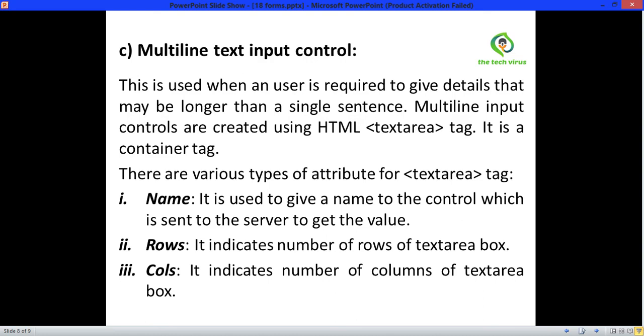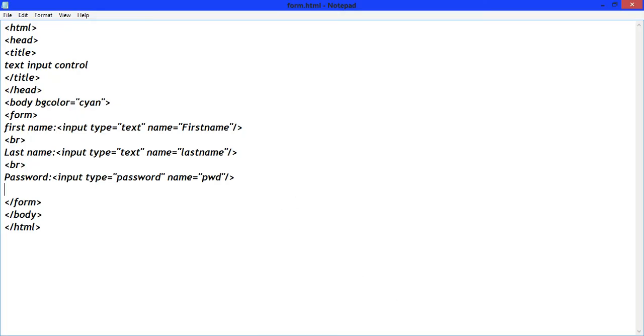Now open your text editor and write here br for line change and then write address. Write here textarea, rows equals to 3 and cols equals to 20. Now name equals to address.